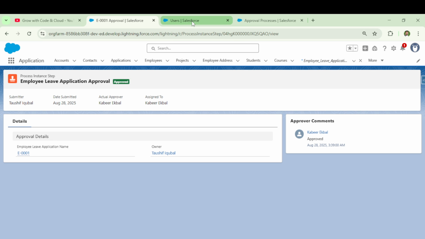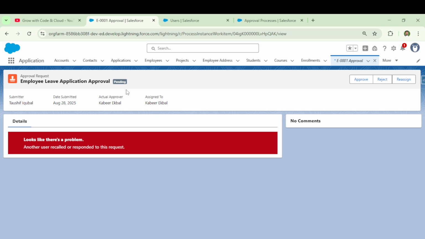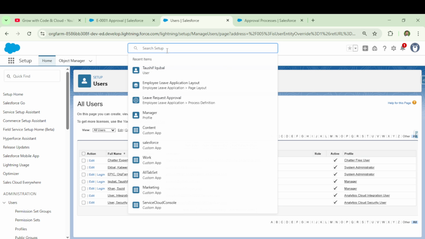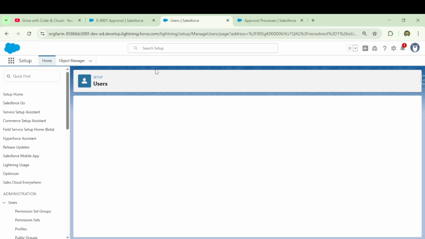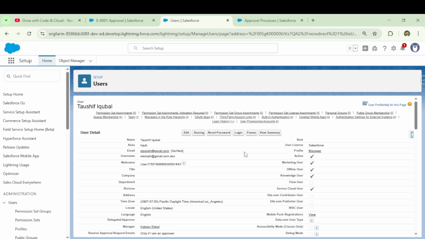Now open that record, or else log in with that user. Let's suppose this user has logged in on a different application, a different system.